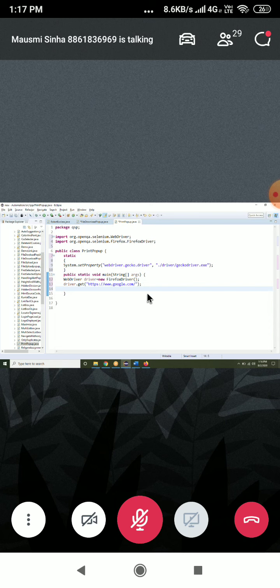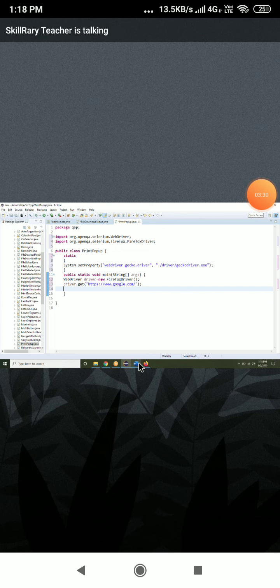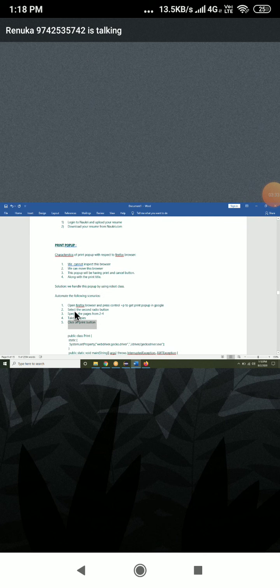Use Robot class. By using Robot class. See, first step is done.